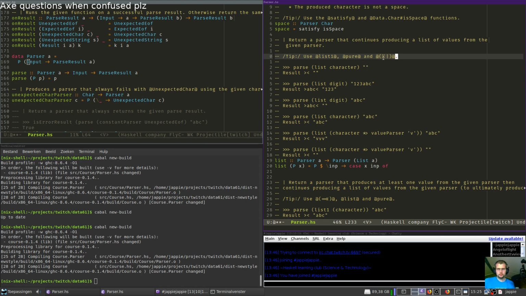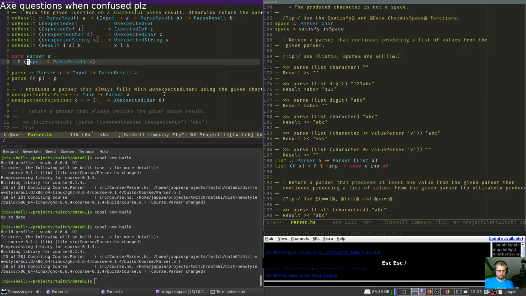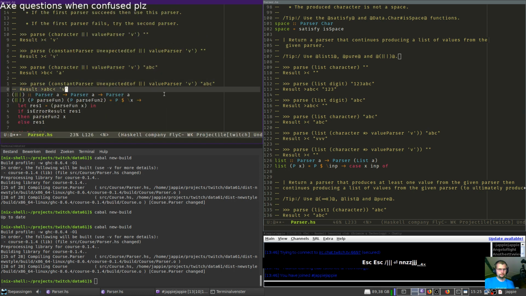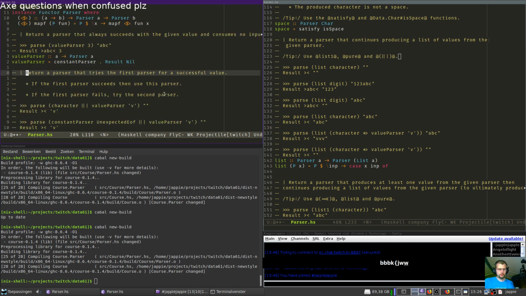Oh no, they're not saying that we should use bind at all. I invented that. What does that thing do? Return a parser that tries the first parser for a successful value. If the first parser succeeds, then use this parser. If the first parser fails, try the second parser.